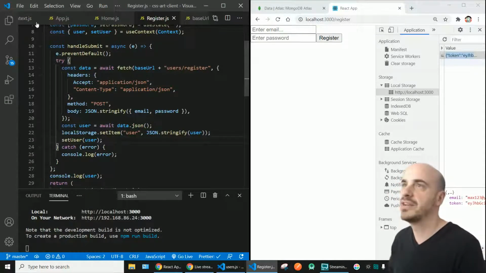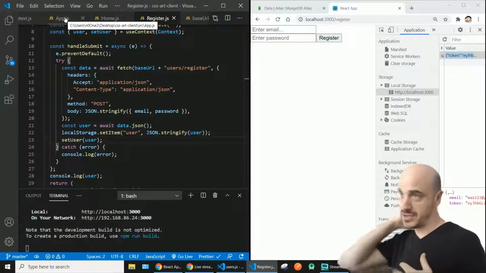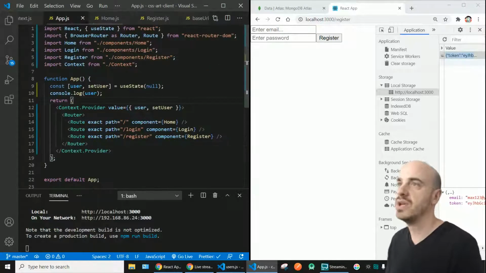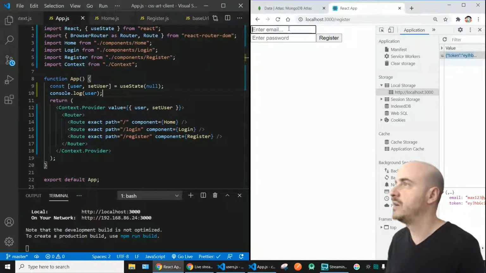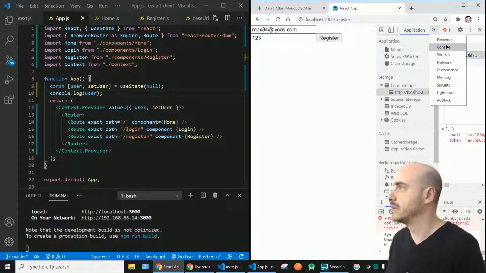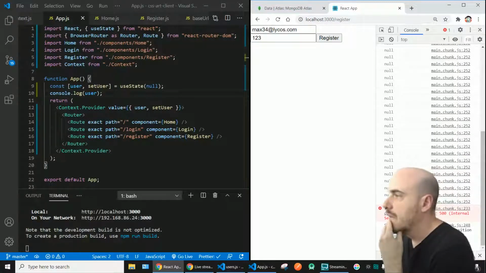I mean, now that we refreshed, it won't be, obviously, because every refresh state disappears. It's like temporary memory completely, so it disappears. But if we console.log user and then we do this one more time, and we do max34@lycos.com, password 123, local storage will be overwritten, but then also, we got an error, so let's check that out. Let me switch to my console. So, internal server error. Oh, you know what this is? I bet